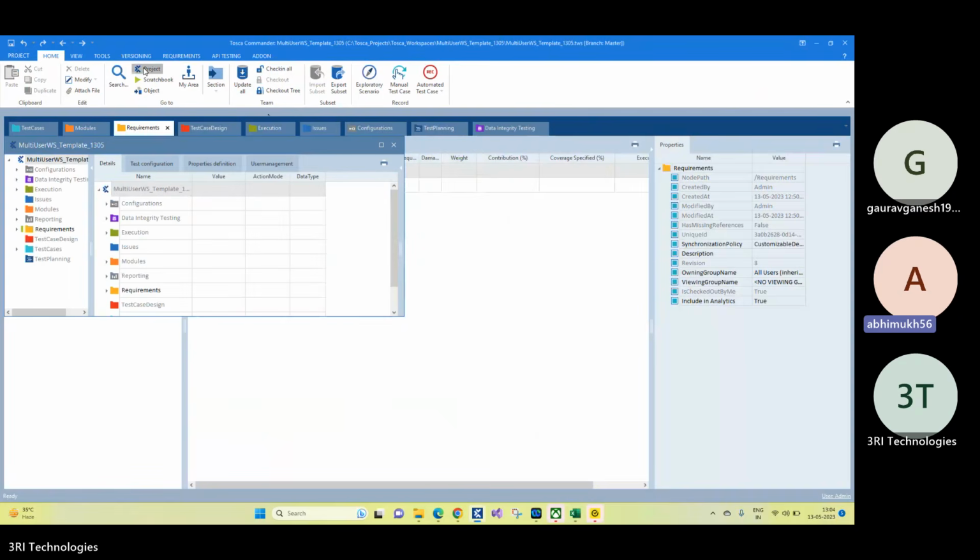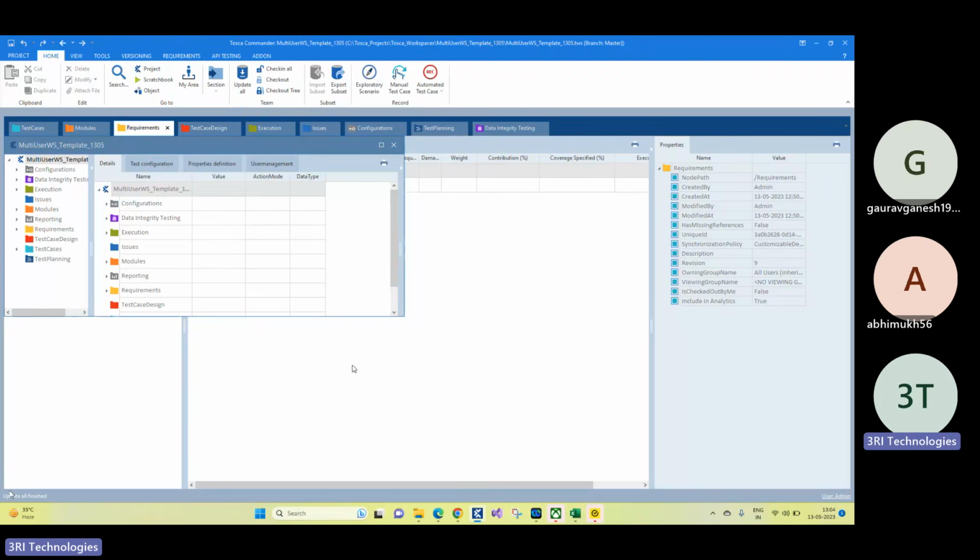What is the difference between checkout tree and update all? Update all just gives you the latest changes. You're not checking out anything. Let me show you. Checkout tree permission will be read and write. Now I have not done anything here; as a test user, I just opened the workspace. Now I'm doing update all.